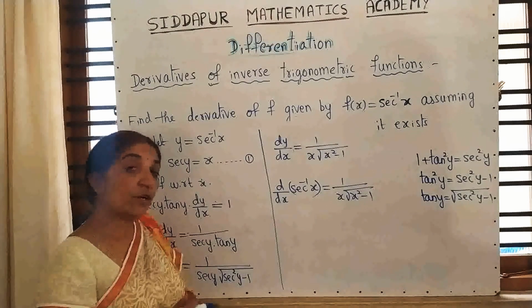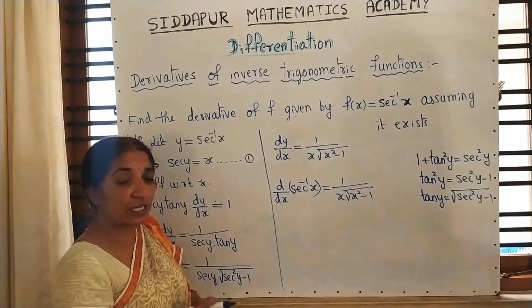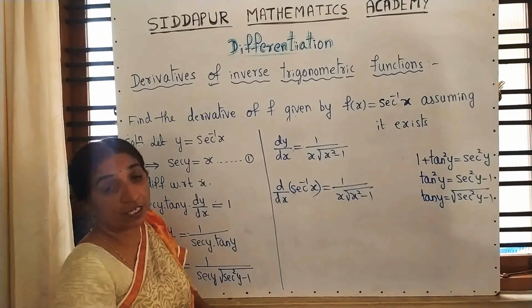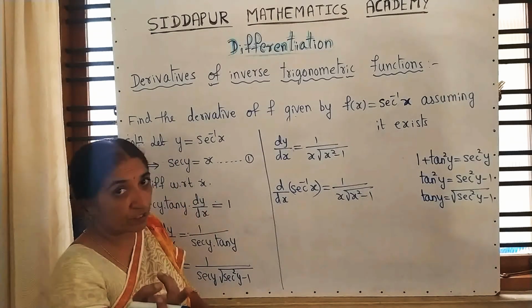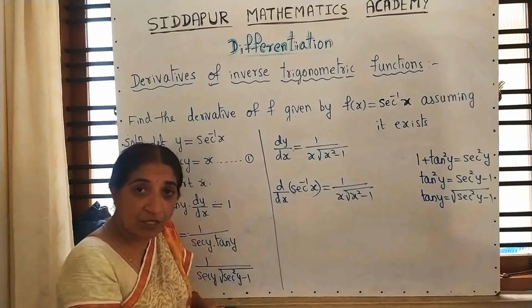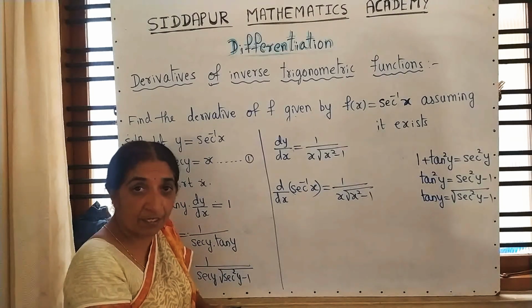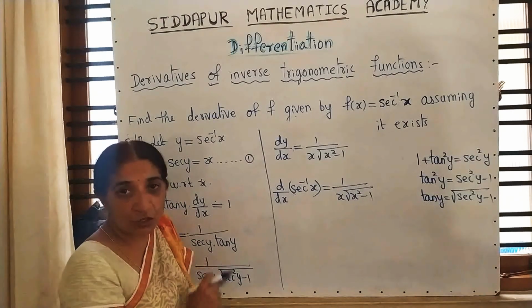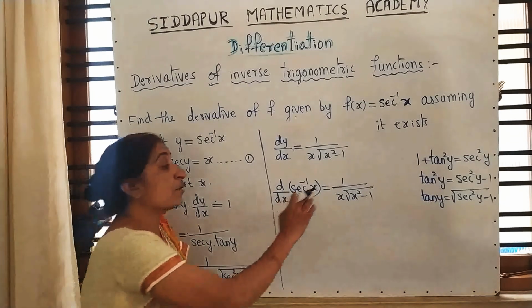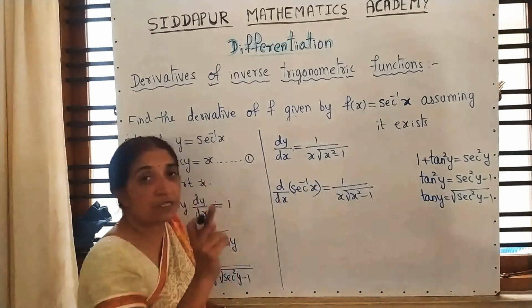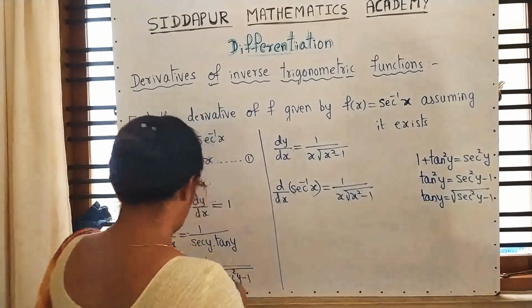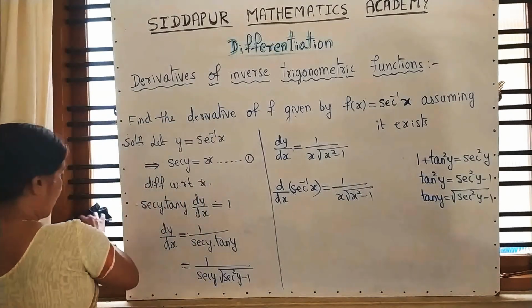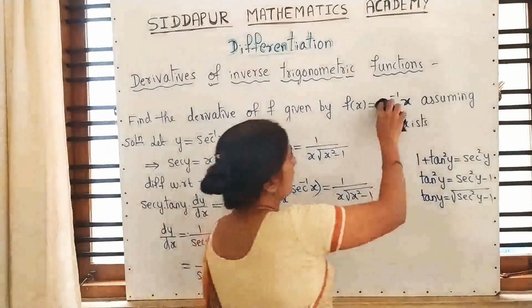Now students, without deriving the last one, can you tell me what is the derivation of cosec inverse x? Like that, sin inverse, cos inverse, tan inverse, cot inverse, sec inverse, cosec inverse. Can you tell me that result? Yes, differentiation of cosec inverse x, the only change is here: minus 1 upon x into root of x square minus 1. Then shall we derive that? Yes, along with me derive that.